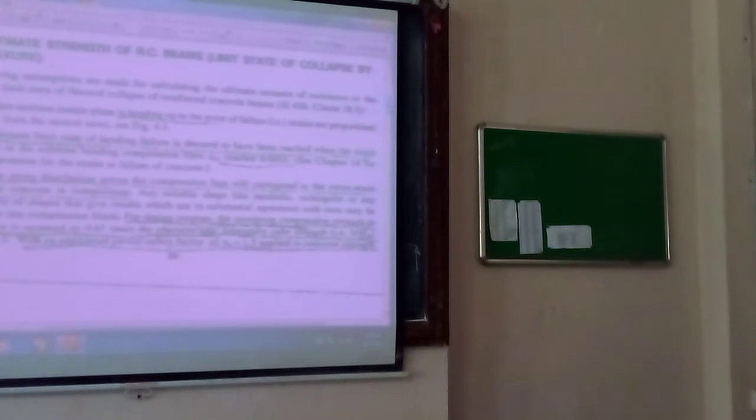Whatever design stress strain curve for concrete we obtained in the last class, that curve is called the design stress strain curve. The actual, characteristic stress strain curve is there, and we have divided it by 1.5. In the last class I told you the reason for taking 0.67 of the characteristic strength of concrete: it is mainly to cater for size effect.